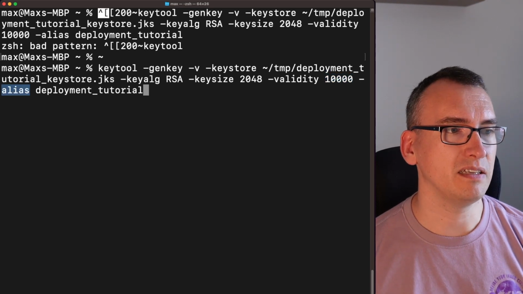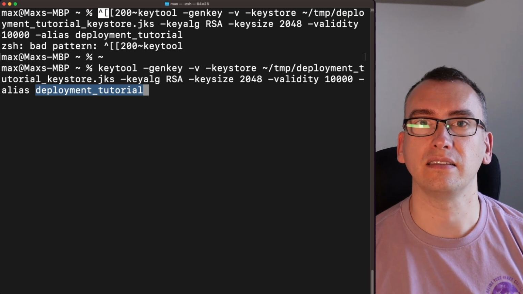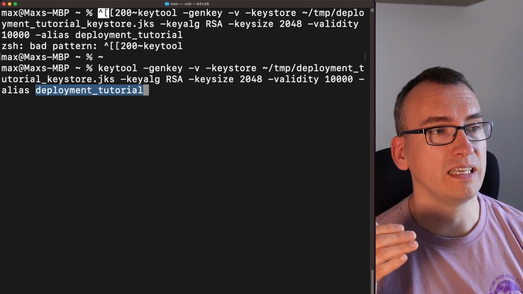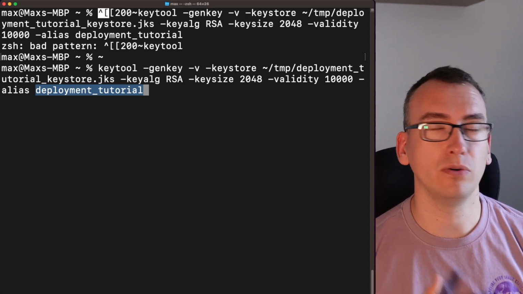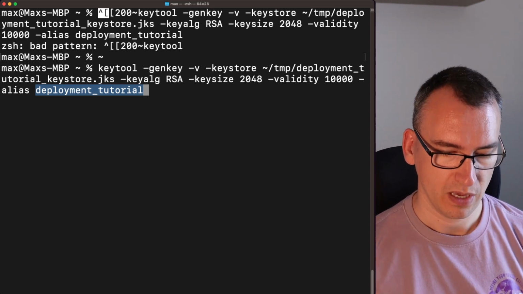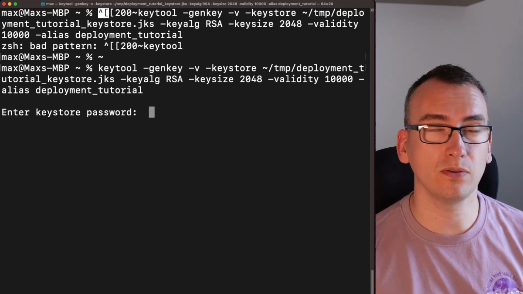And last parameter is alias with the name that we alias it. We will need that later as a configuration file. So I called the alias here deployment tutorial. You can also just name it release or upload or anything else. Good. Now we enter. With that, we have now to enter a password for this Keystore, and I will use